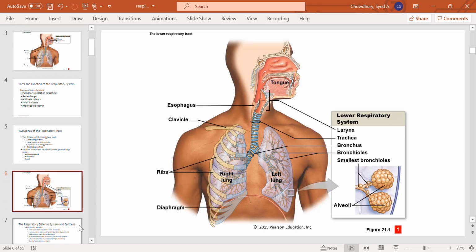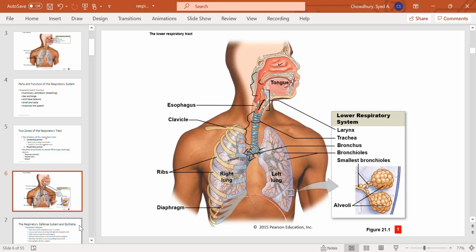So now you see how the primary or main bronchi, they enter into the right and left lungs and divide inside the lung. And if we start from the beginning, this is the nasal cavity, this part is the pharynx, this part, and this is the larynx, this part, and this is the trachea here. Okay, and then trachea divides into two bronchi. Okay, right and left, primary or main bronchi.